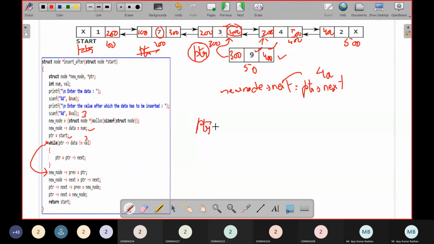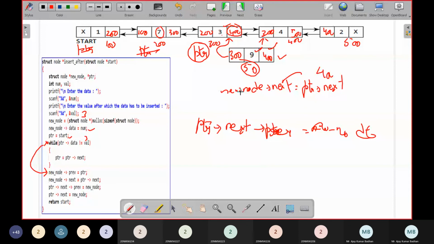So pointer next previous equal to new node. So I want to replace this particular thing, 400, with 50.